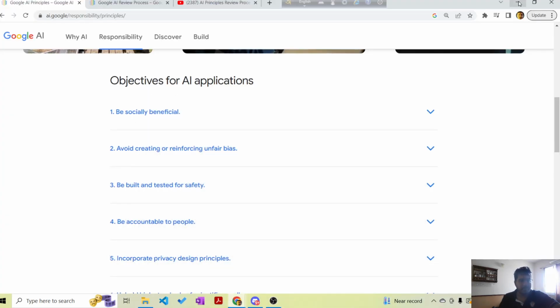Hello everyone. In the last video, we covered briefly the AI principles, right? We went through each of the principles. These are the Google AI principles, the set of AI principles published by Google, and every single team or even Google engineer, part of Google, who is developing AI applications or machine learning applications, is supposed to be mindful of these AI principles and ensure that they do not violate any of this basic set of AI principles. But is just publishing a theoretical set of AI principles enough?